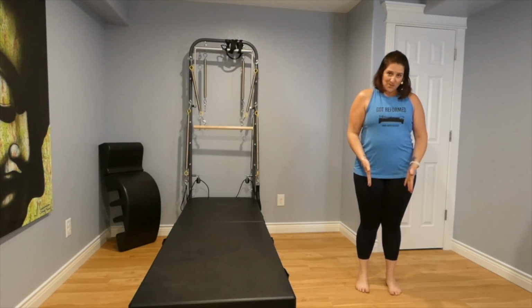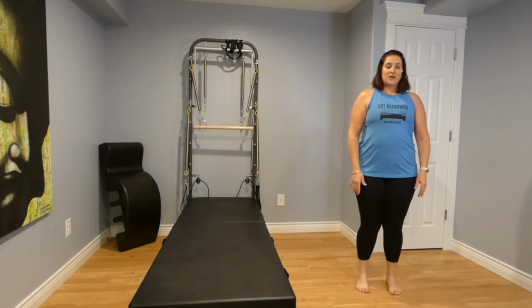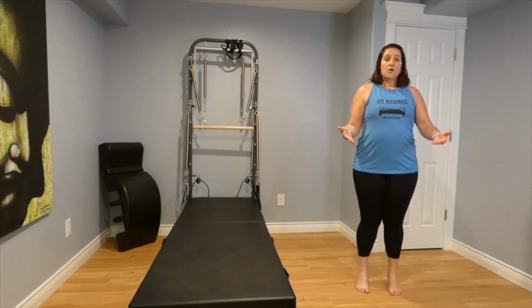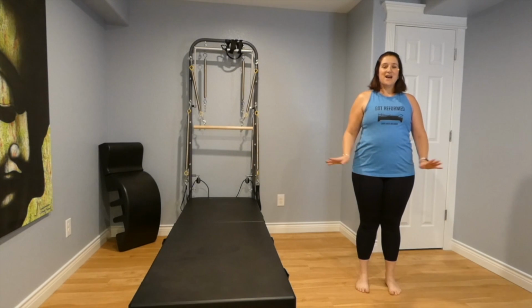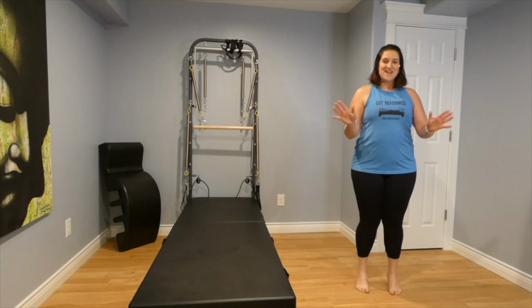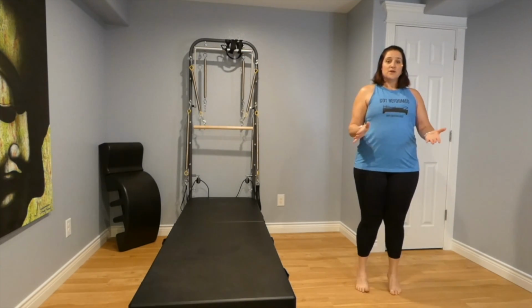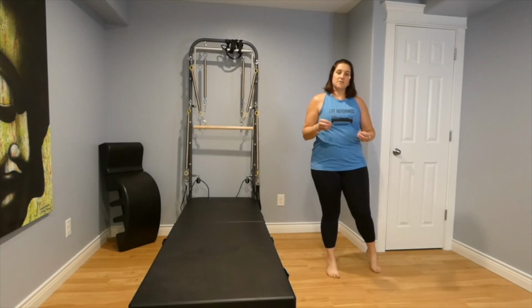So feet hip width apart. I want you to raise your heels up and slowly bring them back down. We're going to do this in counts of 2. So up, 1, 2, lower, 1, 2, up, 1, I lost that one, 1, 2, down, 1, 2, up, 1, 2, down, 1, 2. If you're having a hard time maintaining it and you're having a hard time maintaining your balance,